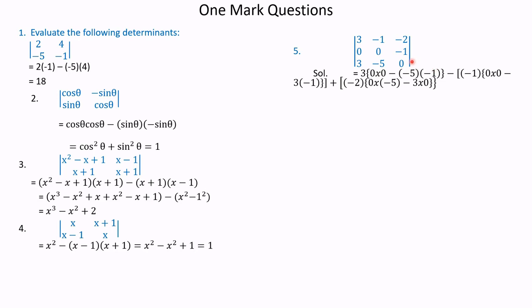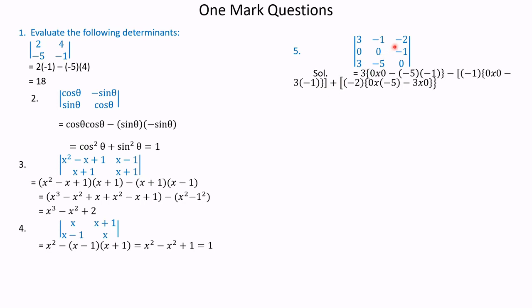We will take the expanding by the first row, 1, then minus 1, minus of minus 1. Minus is outside because it is the second element, minus 1 into, cancel those rows. First row you cancel having element 1, and this row cancel. The balance we get is 0 into 0 is 0, minus, because it is from right hand side to the left hand side, minus of minus into minus 1 into 3. So therefore we have written it here.